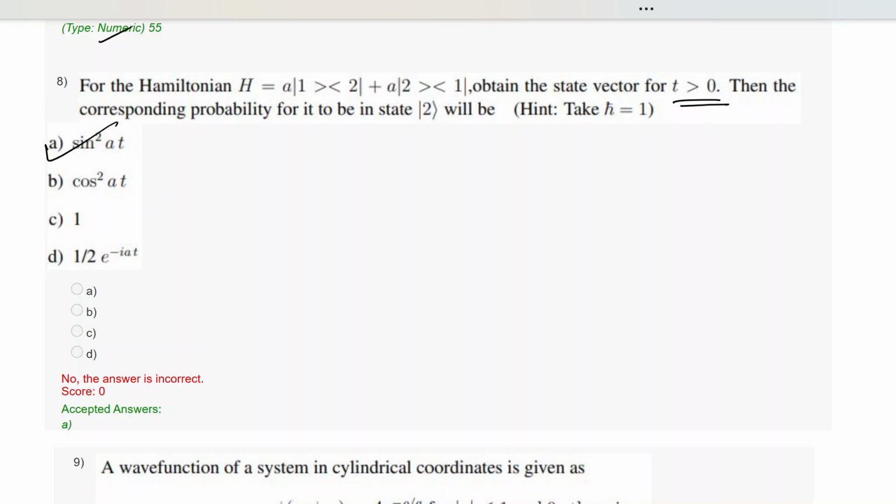So if this is the volume element, then the most probable value will be where the probability is maximum, right? So then the probability is psi whole mod squared dV equal to